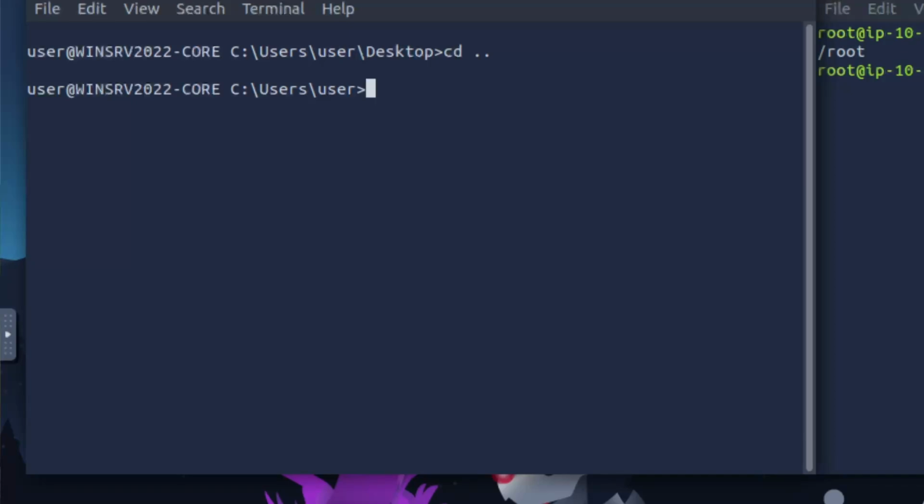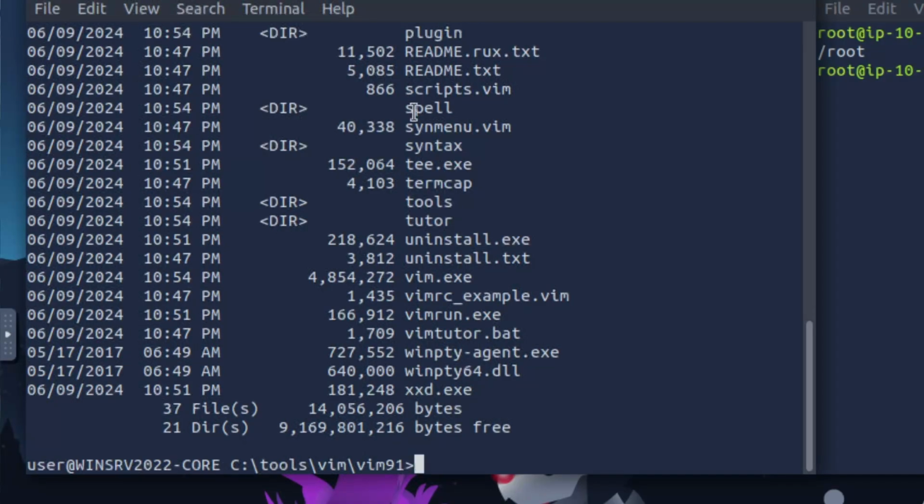One thing that I can run potentially is I can try to find something in here. So let me see if I can find anything that potentially has a text file or something like that. Okay, cool. Inside of the tools directory on the main disk, there was another directory called Vim, and then another directory inside of that called Vim91. Inside of this, I can see that there are multiple text files, readme.txt, for example. If I wanted to see what type of file that was, I would just do type,